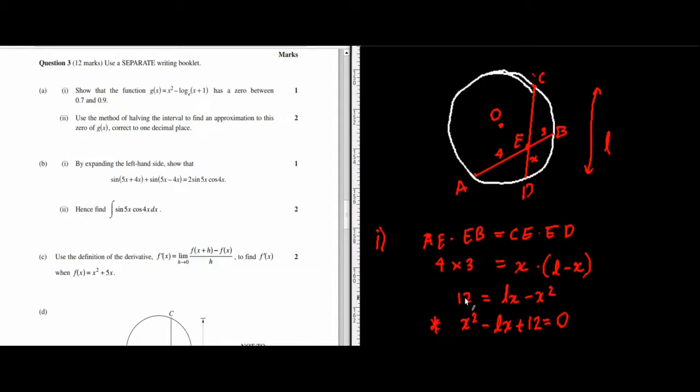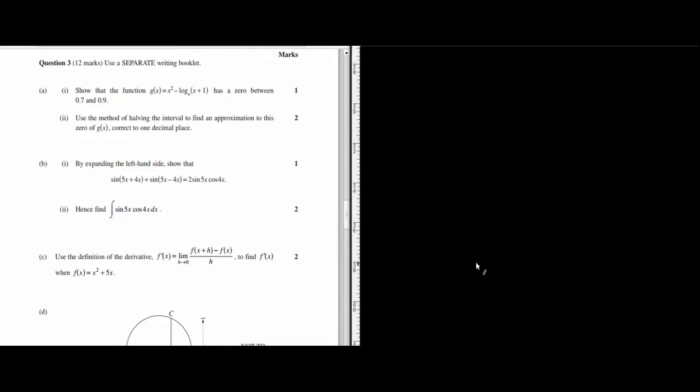Alright, now that I have this equation, x squared minus Lx plus 12 equals 0, the next part of the question is asking, find the length of the shortest chord that passes through E. So part 2 is asking you to find the shortest chord. Now, the really naive way would be to actually jump in and differentiate this thing. That is not what we're going to do, not straight away at least, because you need to realize that